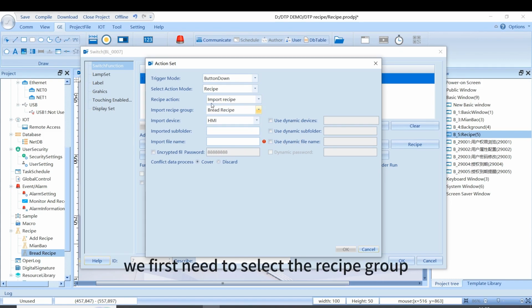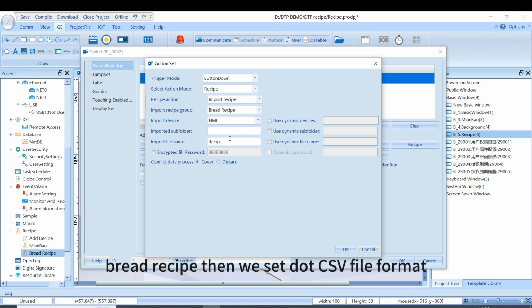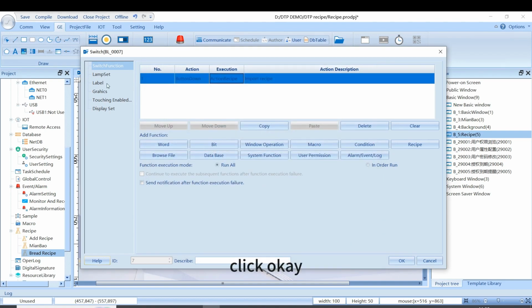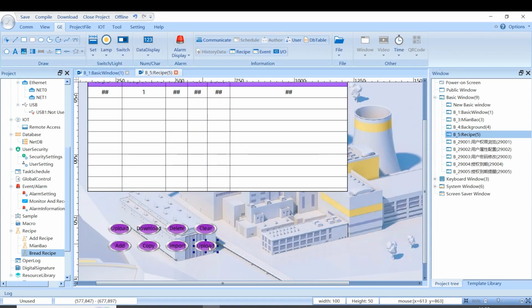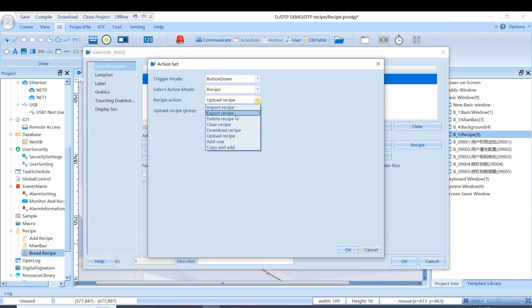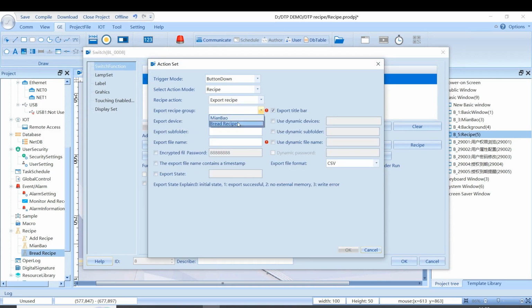For this function, we first need to select the recipe group we are importing, bread recipe. Then we set .csv file format. Then click OK. Oh, and then I forgot to change the label. Import. Finally, export. Select the recipe group and